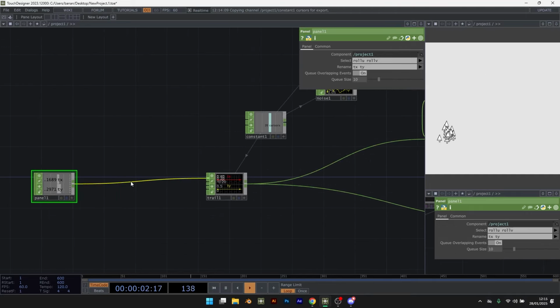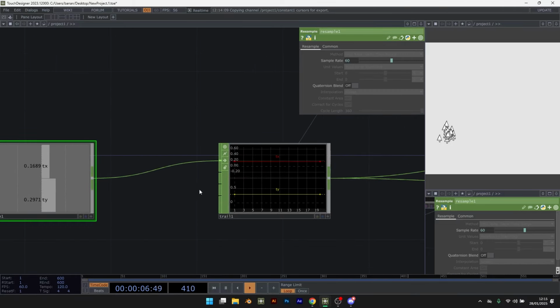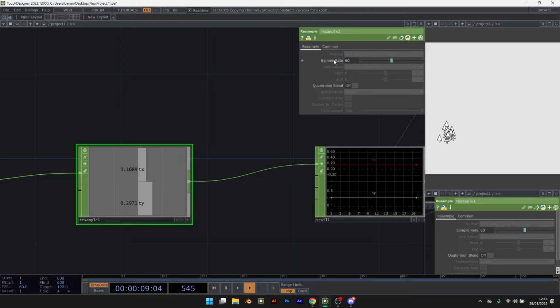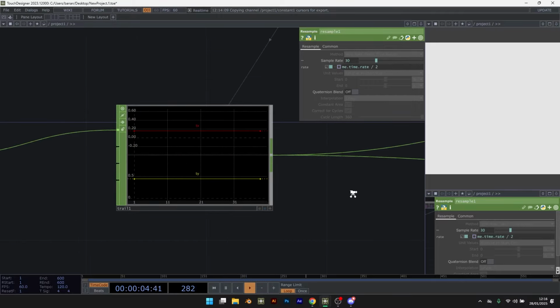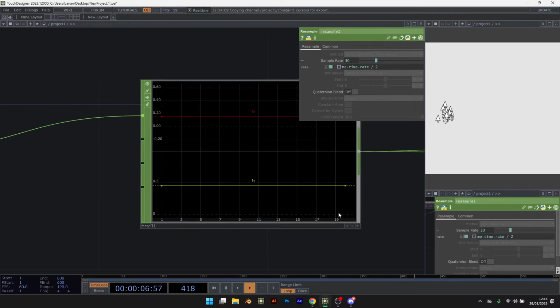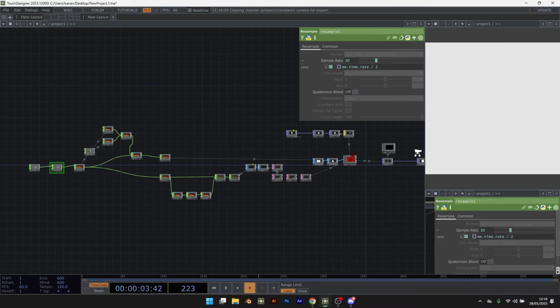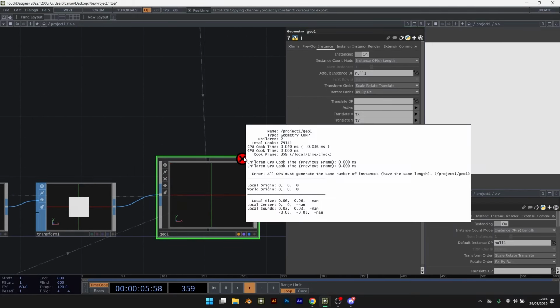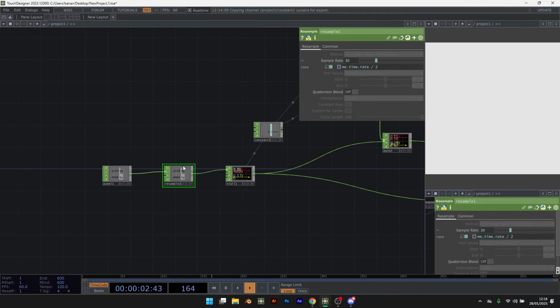If you use a resample here, but now it creates this problem that if you use this resample, it changes the values, the steps, and so if we change the steps, it gives this error on the instances. So a trick that I found was to